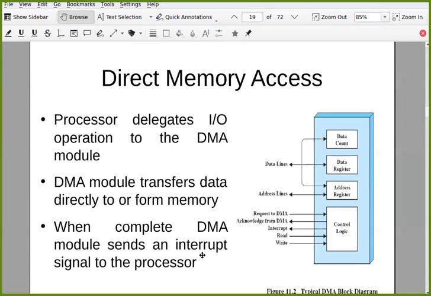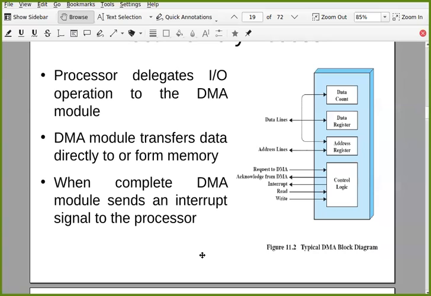And a brief about direct memory access. This is a special type of module that you have in your system. The processor delegates the IO operation to the DMA module, and the DMA module transfers data directly to or from memory. Whenever you need to transfer data between an IO device and memory, there is a module called the DMA module. Nowadays, DMA is not the only thing.